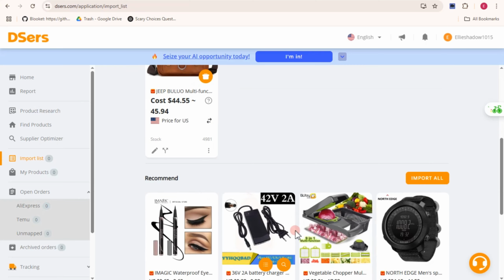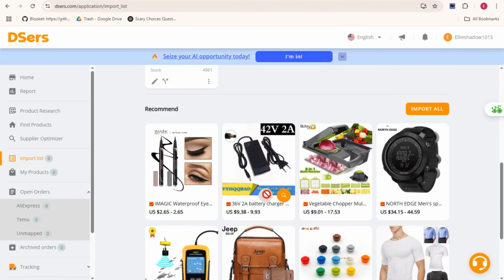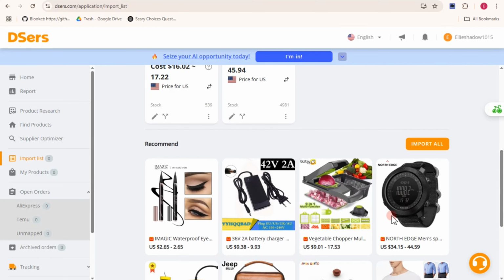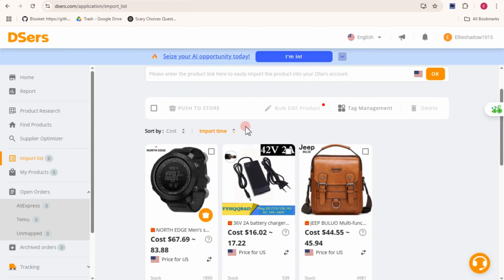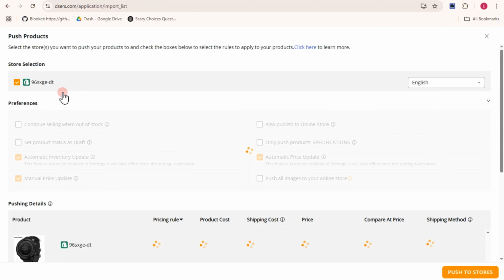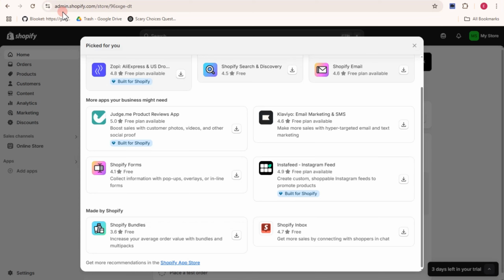So you have to look for products here in AliExpress. Tap this icon to import list, add another product again, and then after that you have to click or look for the push to store option right here. Tap this one, make sure that this is your Shopify store account, and then once you have add information here